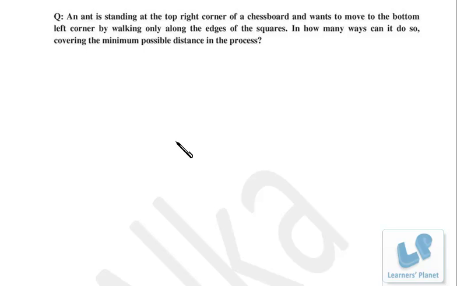Now see this similar problem. An ant is standing at the top right corner of a chessboard and wants to move to the bottom left corner by walking only along the edges of the square. In how many ways can it do so, covering the minimum possible distance? The same way, there are 8 horizontal and 8 vertical steps, right? So in all it has to take 16 steps, 8 horizontal, so dividing by 8 factorial, 8 vertical, divide by 8 factorial, as simple as that, because there is no other condition mentioned over here. Okay, so 16 factorial by 8 factorial by 8 factorial,